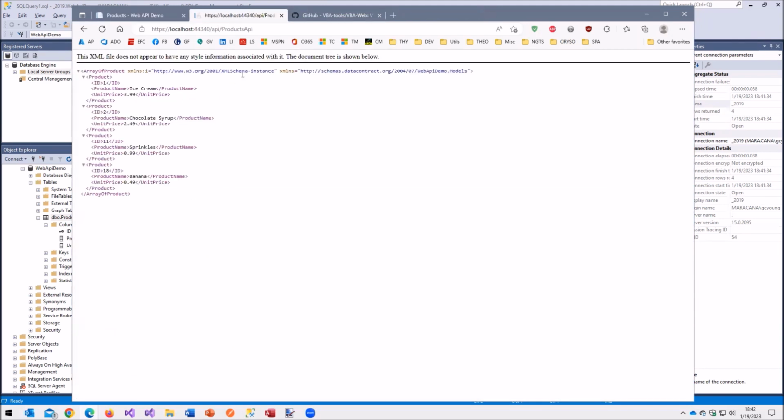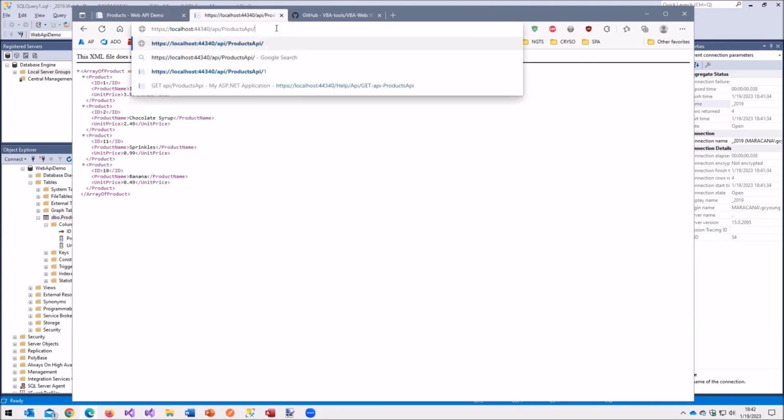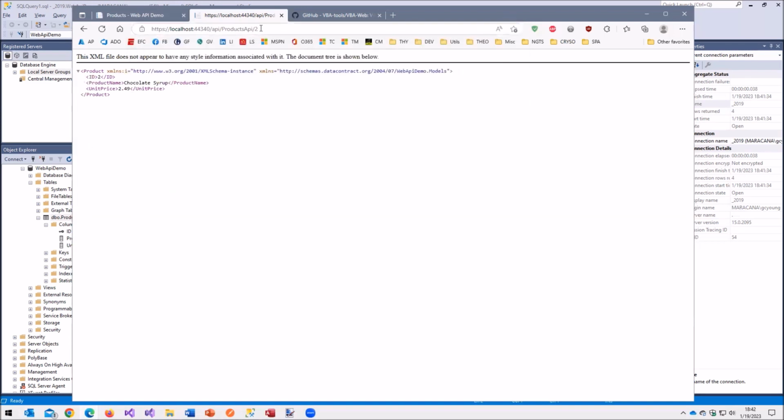And again, in the case of the web API, it returns data. It's still just a URL. It's still just something you would put in your browser. In fact, this API is set up so that I can put an ID as a parameter on this. So if I say 2, notice I get the ID of 2.